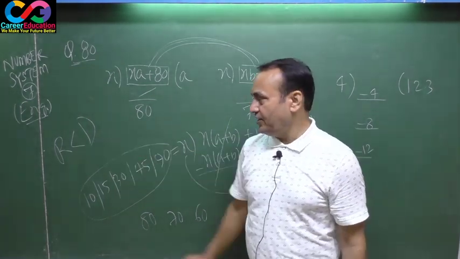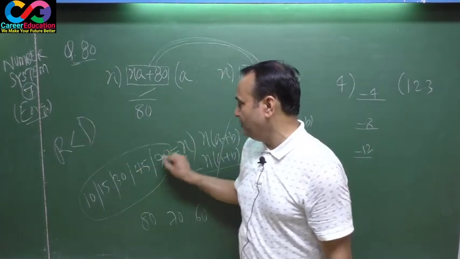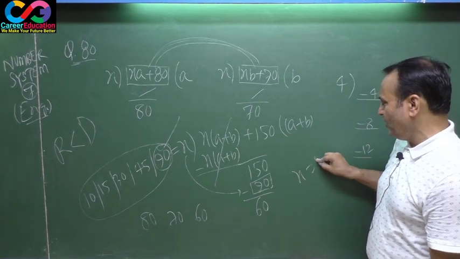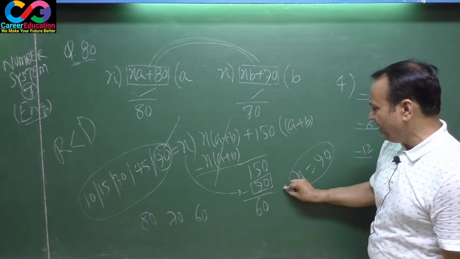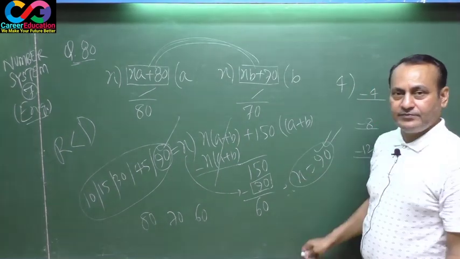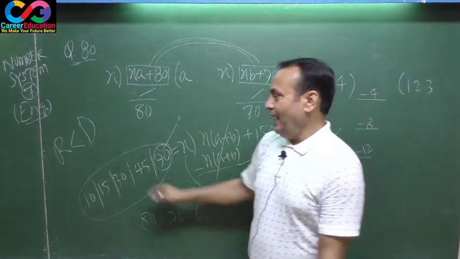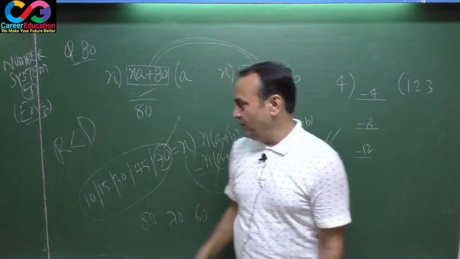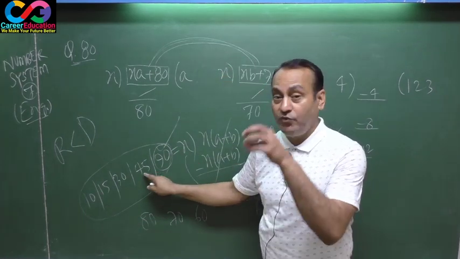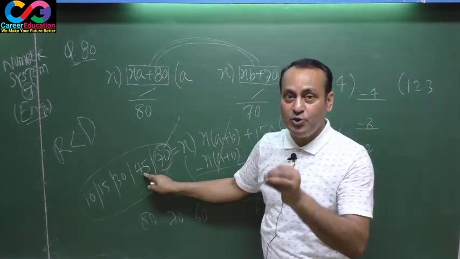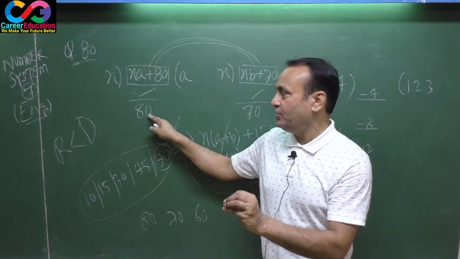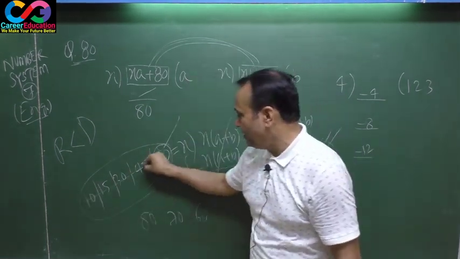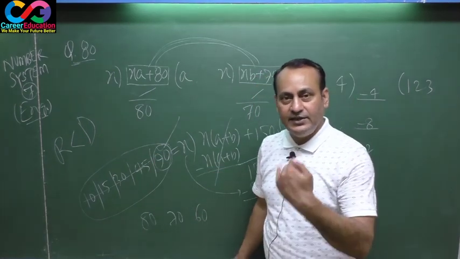But this contradicts all the values, and only one must be accepted as your answer. That means x equals 90 only. This is your final answer, x equals 90. Why? As the remainder must be less than the divisor. If you suppose divisor x equals 45, 45 is your divisor, the remainder can't be 80, the remainder can't be 70. That's why all of these will be declined, cancelled, neglected.